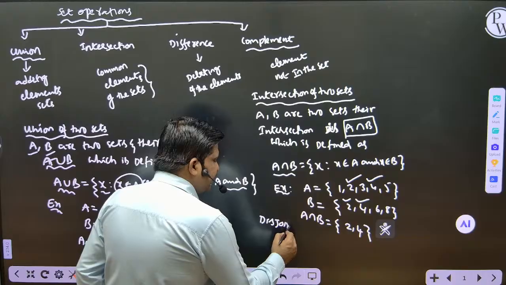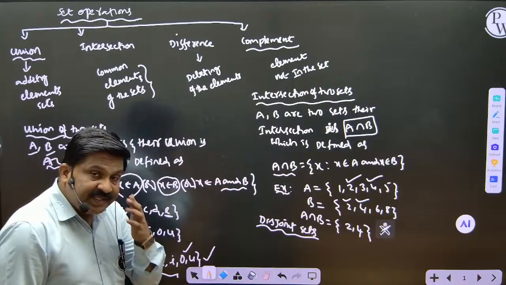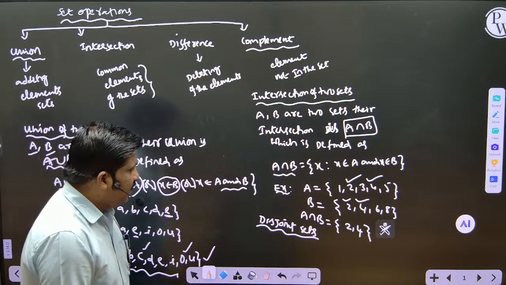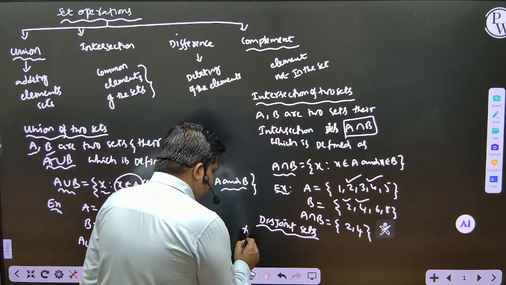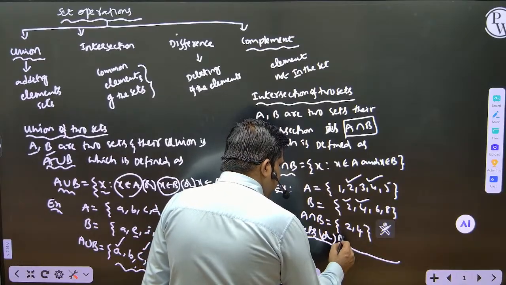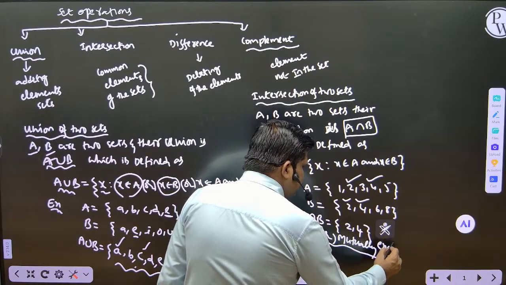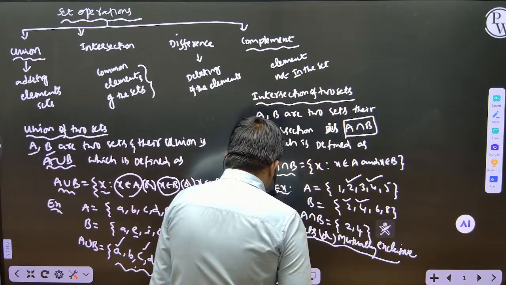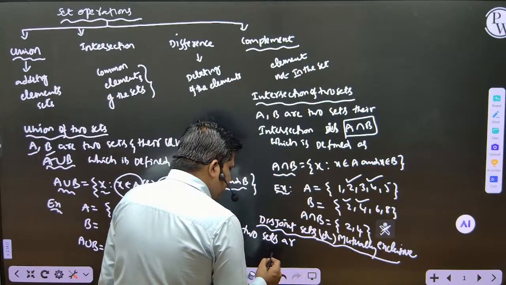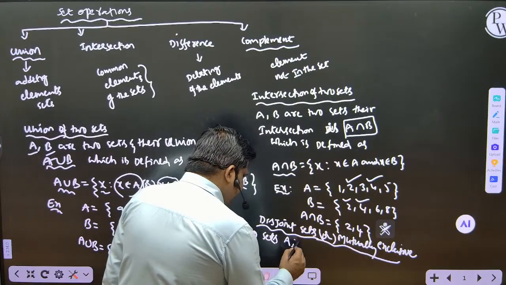Next, disjoint sets. A intersection B means you take the commonality of the common elements of both sets. But disjoint sets are mutually exclusive. Two sets A, B are